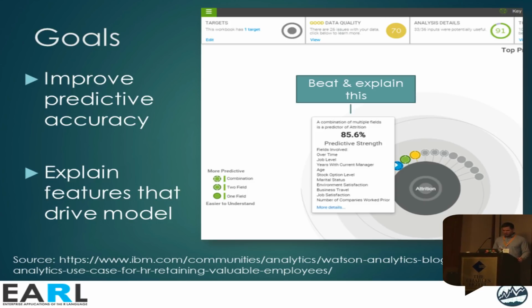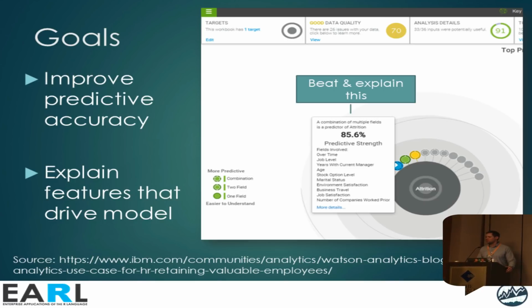First goal, we wanted to beat this, 85.6% accuracy for the IBM Watson model. So the first goal was to improve on that predictive accuracy. We basically said, hey, we're competitive people, we want to try and win. We took it as a nice challenge. The second one is because of the business.